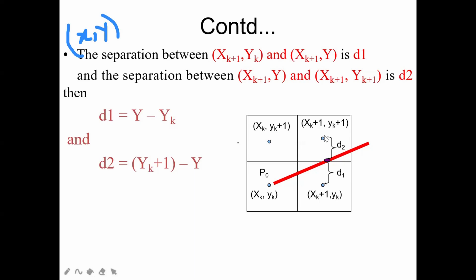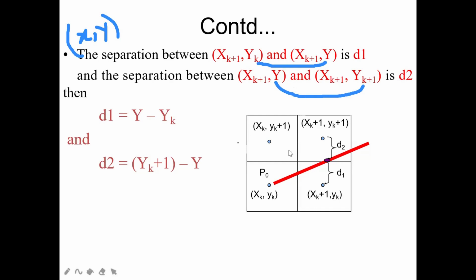But how am I going to calculate it? I'm going to calculate from here to here, right? Here you can see this is the value of yk, and this is the value of yk plus 1. So how do I find the difference? The next difference will be your d2. d2 will be yk plus 1 minus y. You have to remember: you go from here to here, and again from here to here. In this way you have to find out the difference.